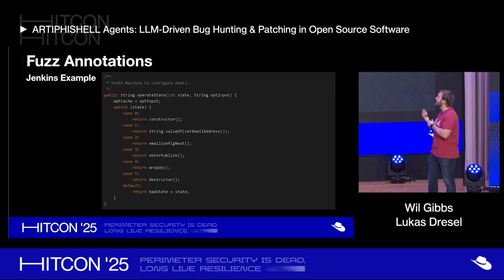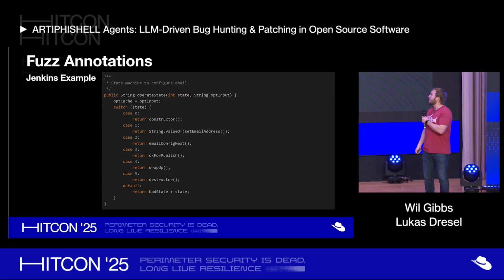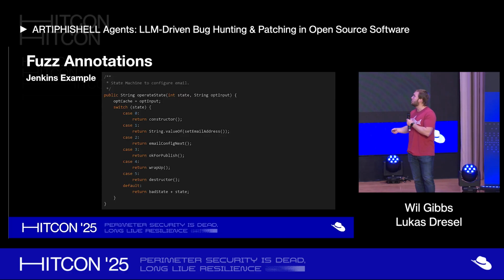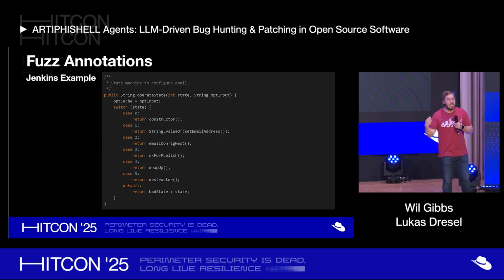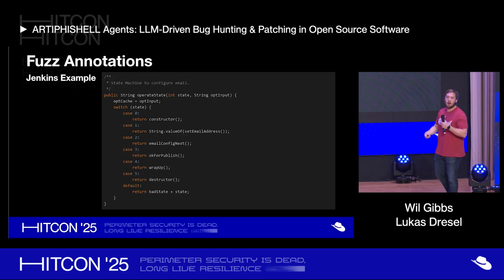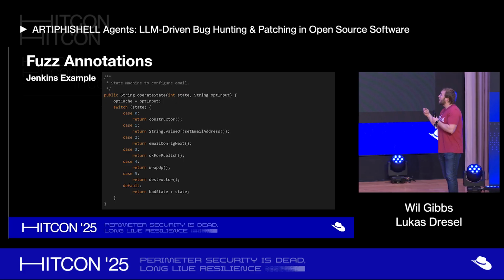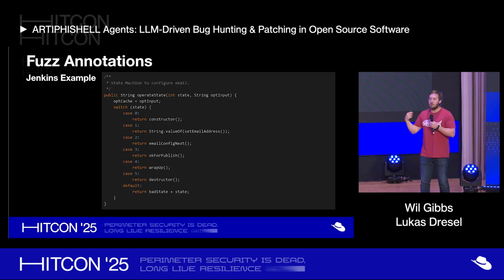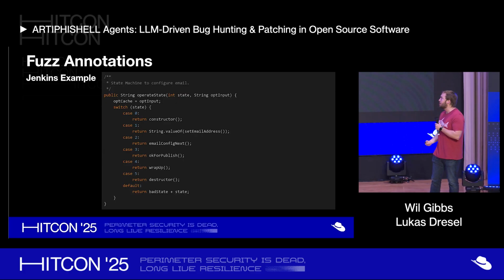However, the vulnerability exists when you break out of this cycle. It would show itself if you constructed an email at case 0, set your email address at case 1, and then reconstructed the object at case 0. This out-of-order situation made the vulnerability a reflexive attack that allowed arbitrary code execution.